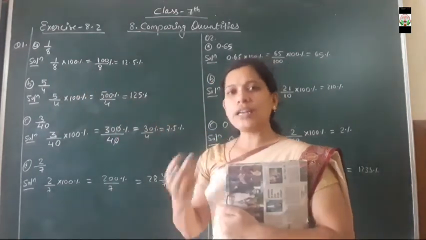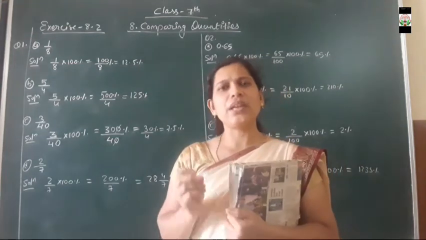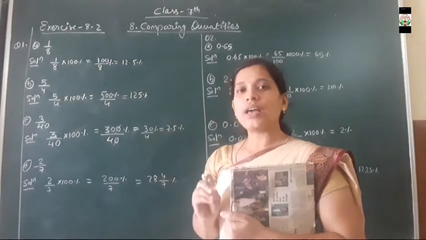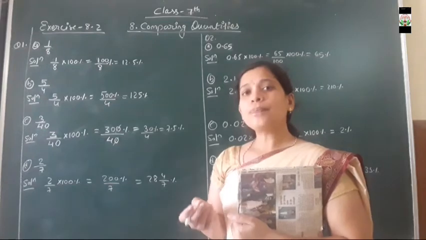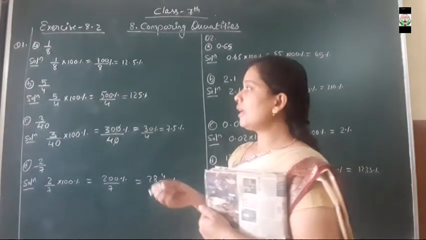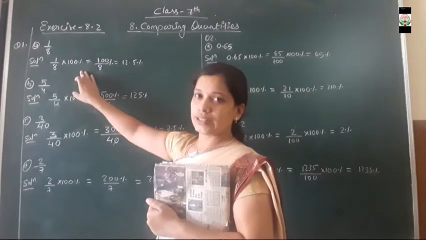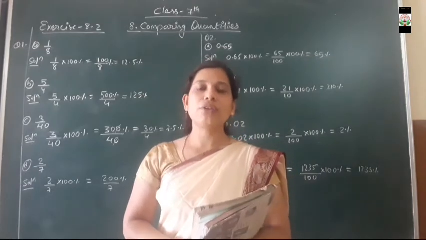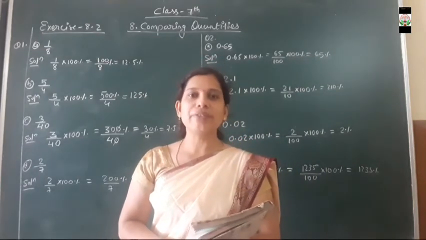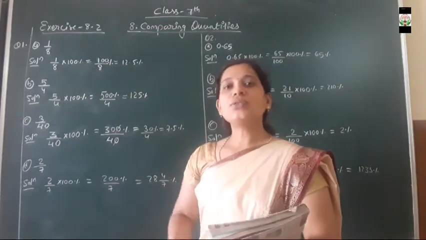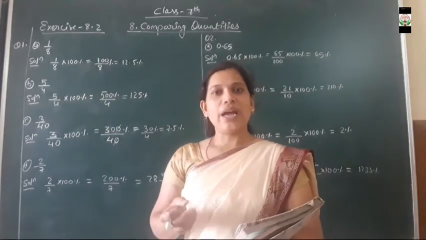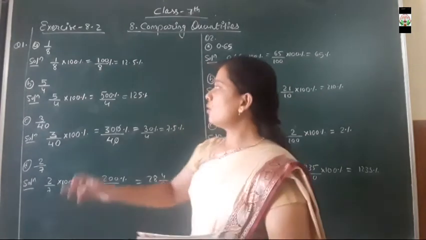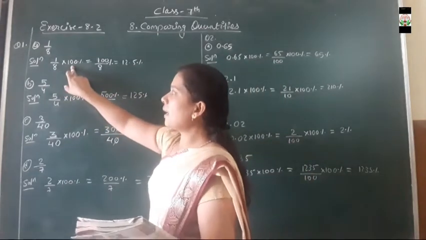In order to convert any number, either a fraction, decimal, natural number, whole number, or integer, whatever the number is, if we want to convert it into percent, we are directly going to multiply by 100%. Clear? Whatever the number is, to convert it into the form of a percent, we multiply that number with 100%. So in this question 1 upon 8 is a fractional number, and we have to convert it into the form of percent, so 1 upon 8 will be multiplied with 100%.